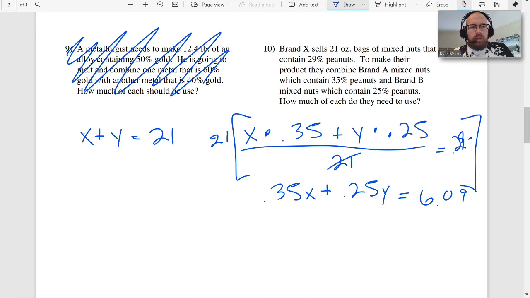6.09. Okay, cool. Let's go ahead and multiply by 100. I know I'm using a calculator for this, but go ahead and multiply by 100, especially if you're doing it by hand. Now, the other thing, too, what I'm going to go ahead and do is if you're able to use a graphing calculator,